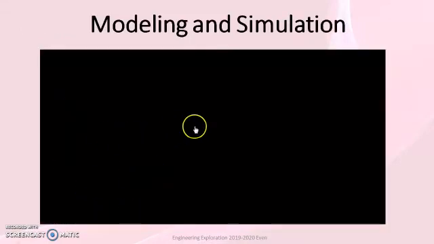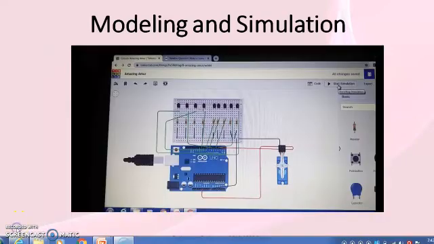Modeling and simulation. There are totally 9 LEDs. The first 4 LEDs are for movement of the pen in y direction. The second set of 4 LEDs are for movement of the pen in the next direction. The last LED is to indicate the completion of drawing. First it will draw squares, next rectangle, next circle, etc.